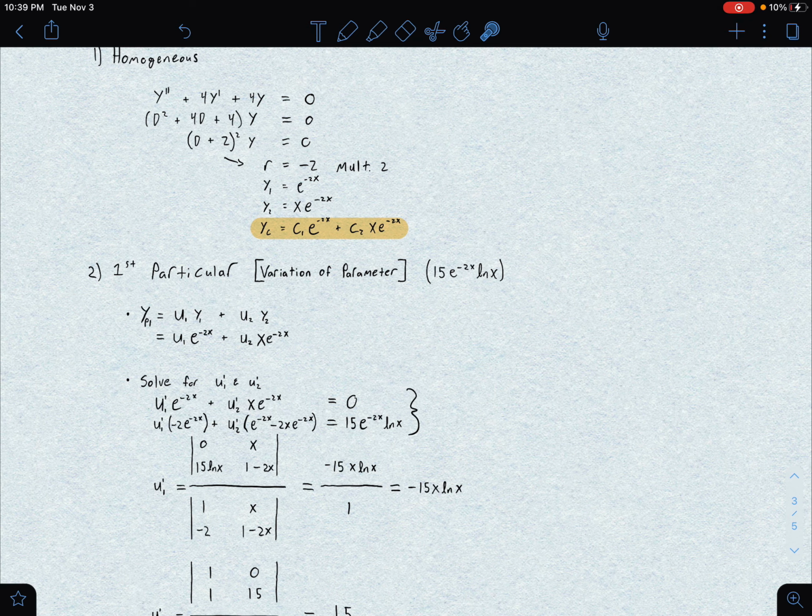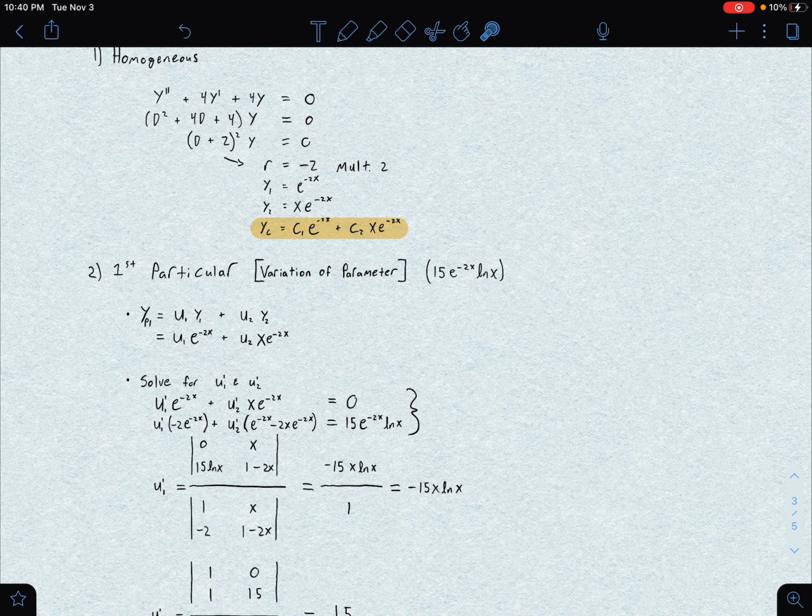Now this can be rewritten as the operator D squared plus 4D plus 4 operating on y equals 0. And this can simplify to just (D plus 2) squared. And this will give us an r value of negative 2 with a multiplicity of 2 because we have this squared right there, which means we'll have a y1 and a y2, and our y1 happens to be e to the negative 2x, and our y2 is equal to x e to the negative 2x. And this will give us a complementary solution of c1 times e to the negative 2x plus c2 x e